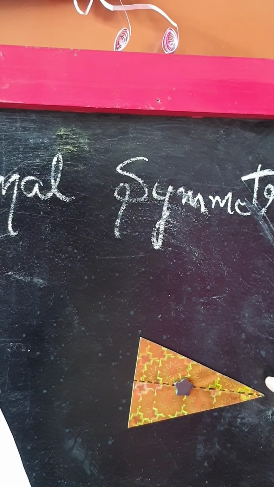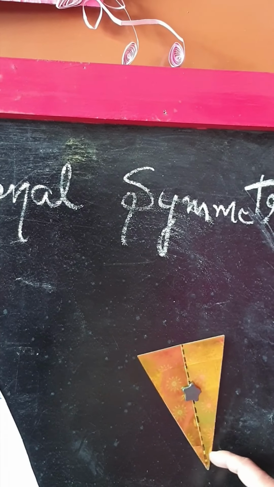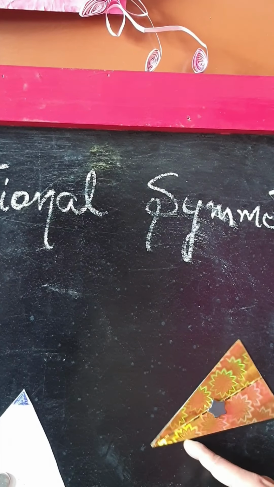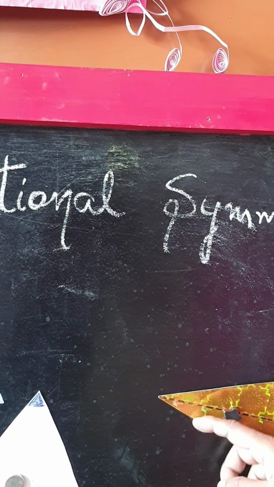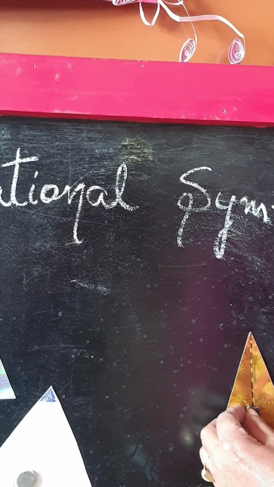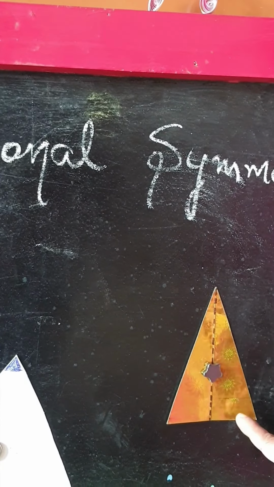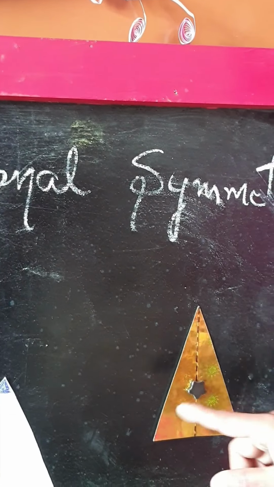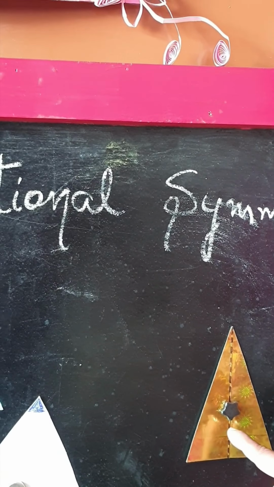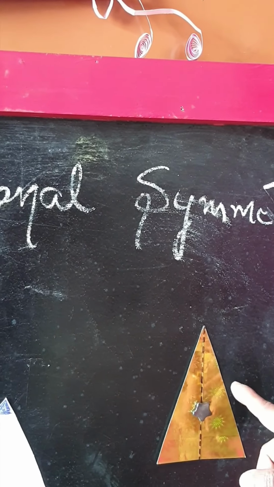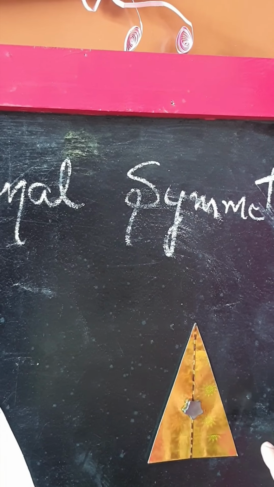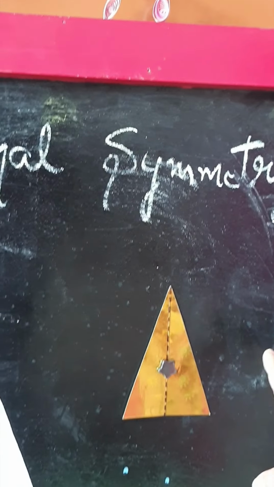You just see it's not taking back its shape. It is not taking back its shape. At 270 it's again not taking back its shape, and then back to 360. So in the whole rotation, it has taken back its shape only once, only after moving it 360 degrees. So 1 is the order and 360 is the angle. So these kinds of figures will not have rotational symmetry.